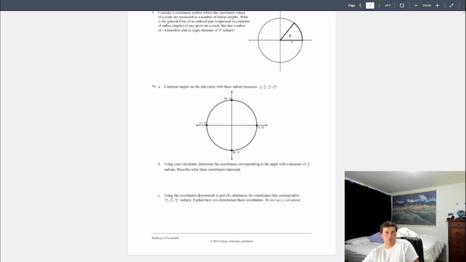Well, we showed pi over 6 is at the same y as 5 pi over 6. 5 pi over 6 is at the same x as 7 pi over 6. 11 pi over 6 is at the same y as 7 pi over 6. And 11 pi over 6 is at the same x as pi over 6. So it forms a rectangle in the circle. Now, I clearly put that in wrong, but now that I see that, I already messed up C, but I'd probably say